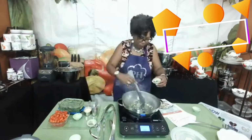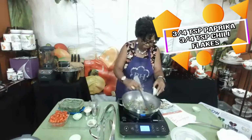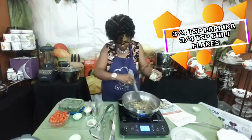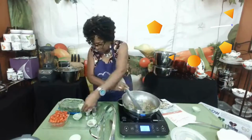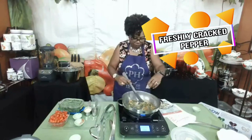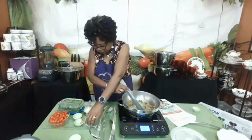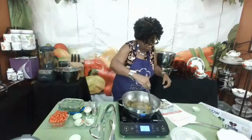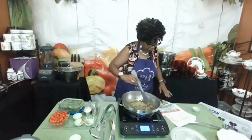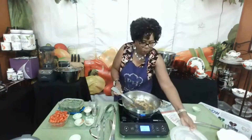Now I have pepper flakes. And I also have a little paprika. Oh my, this is really smelling great. You can use pepper to taste, so I have just a little pepper here. Okay. That's mixing up really well. All right, now I'm going to put in